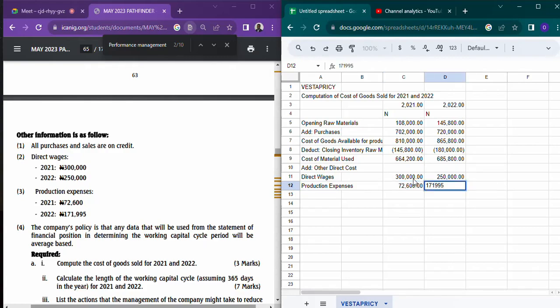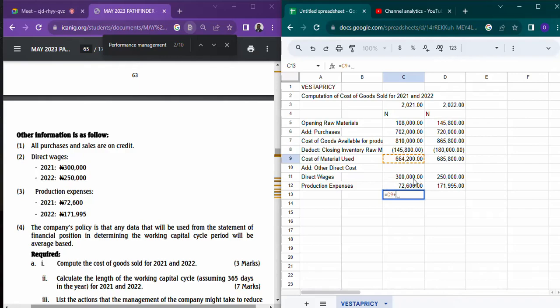You less this one back. What? You less expenses now? No, you add it. Why? Because the production expenses is variable overhead. You are adding up all the costs incurred to bring the stock available for sale. Do you remember? Do you get it now? Yes. So you now have